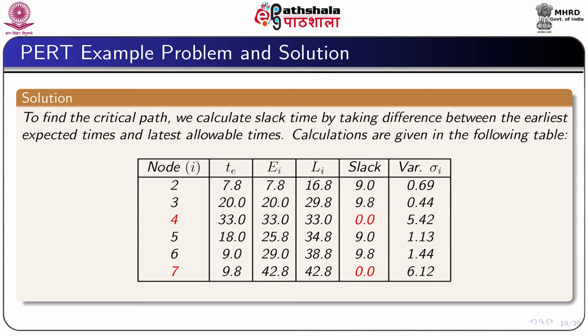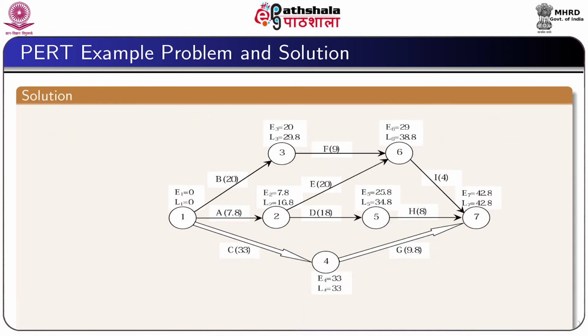The other nodes obviously will be in the non-critical path, and clearly we have the critical path 1, 4, 7, which is shown by the double arrow lines,